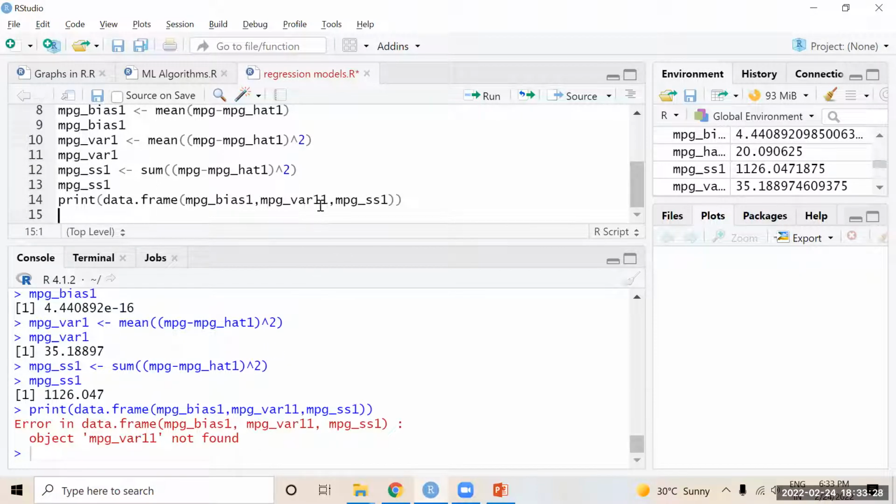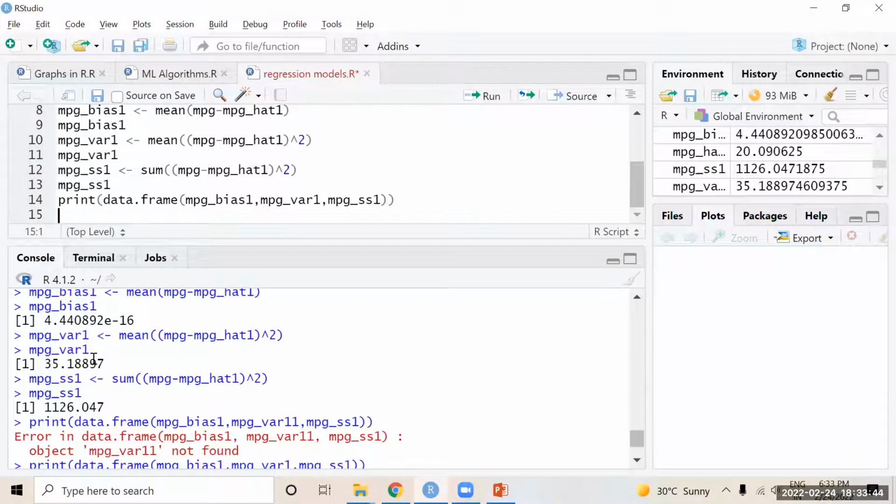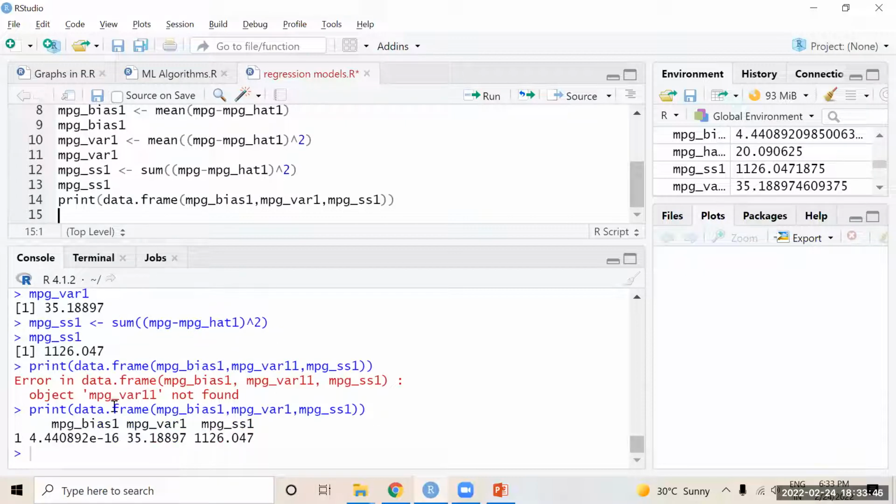So variance 11 is not there, 1 is there. Okay, so these are the columns and this is the value. Now this is bias1, 4.4, variance 1 will be having 35, and the sum of squares is 1126.